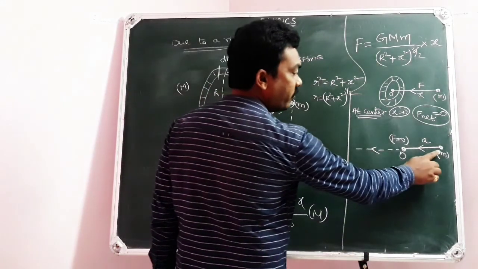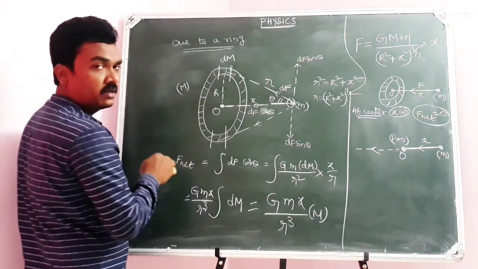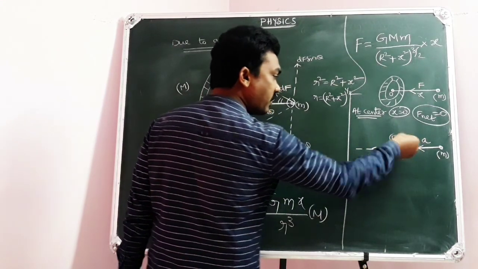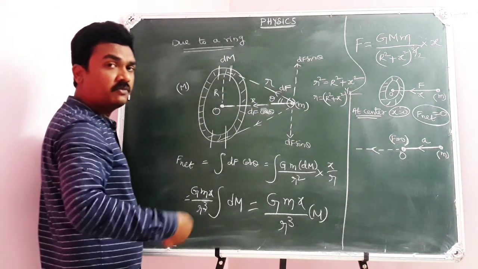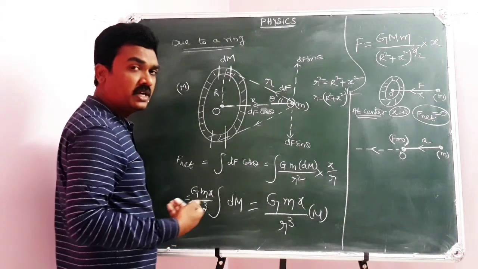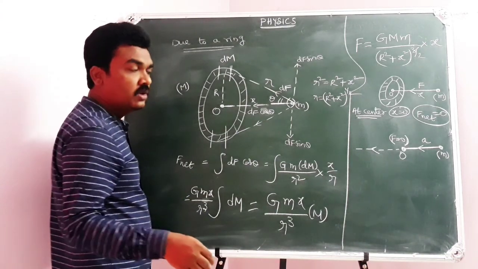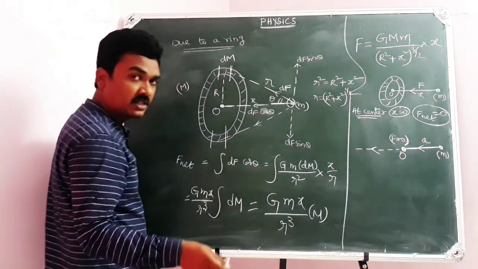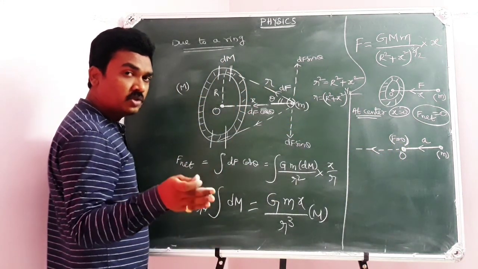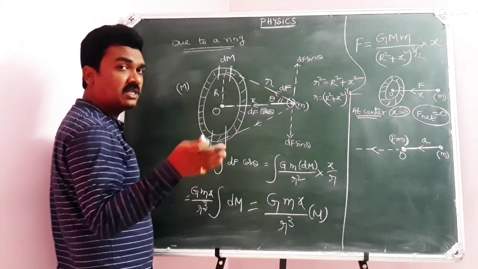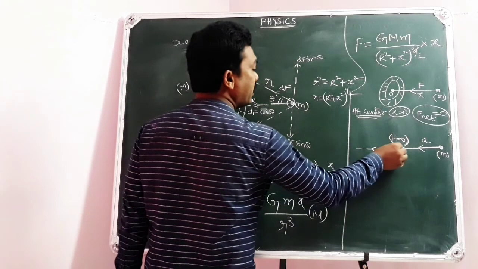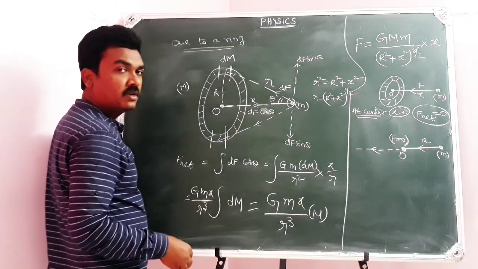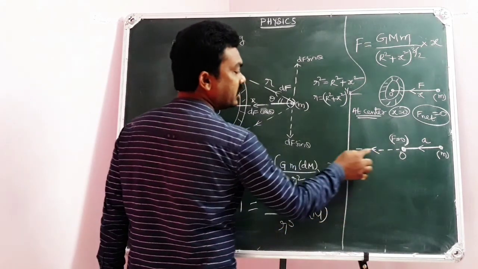As the point mass moves to the center of the ring, at the center no force will be experienced by the point mass. But until then it is accelerating with increasing velocity. So by the moment it reaches this point, it has some velocity. As the net force is 0, it wishes to continue in the same direction. Inertia of motion. But it can't go on continuously.